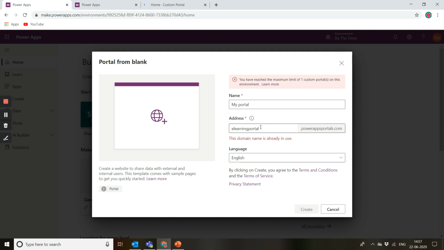So this domain name should be unique anywhere. If you want, you can change this specific domain name at a later stage as well. You can do that in the admin settings. But this URL is going to be the same, powerappsportals.com. And in case you want to update this powerappsportals.com, there is an SSL setting you can configure.